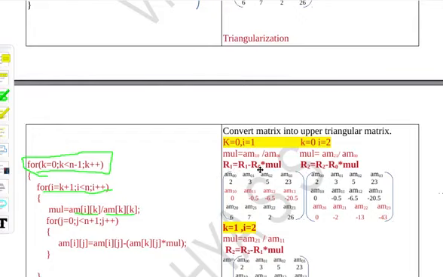R0 is the pivot row I am taking, that I'll get from k, and I'll make changes to the row that I will get from I, the row for which I want to make change. So the aim of ij: if I want to make the changes to all the elements of this particular row, in order to get all the elements, that is 0 1 2 3, 1 0 1 1 1 2 1 3, this column I need to change 0 1 2 3. For that only I am using this loop.